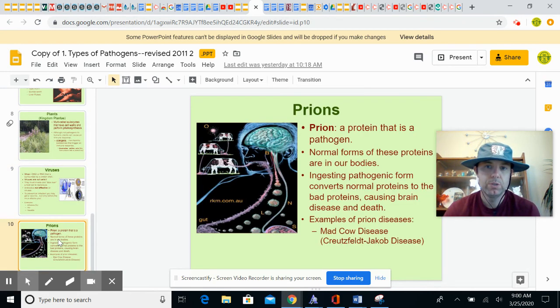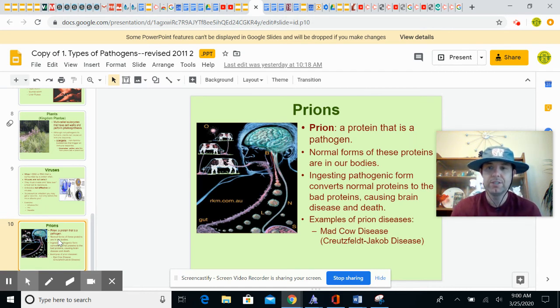And the last one, this used to be a big thing in the news for a while, but prion. A prion is like mad cow disease, which is a protein. And if you ingest that protein, it's pathogenic and it can actually cause disease. For example, mad cow disease can create brain damage. So when these cows came in contact with this protein, and then if you ate the cow, hamburger, steak, now you have it inside you, and it could cause brain damage.